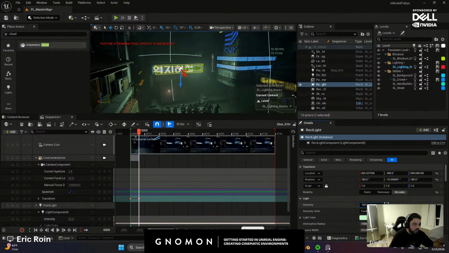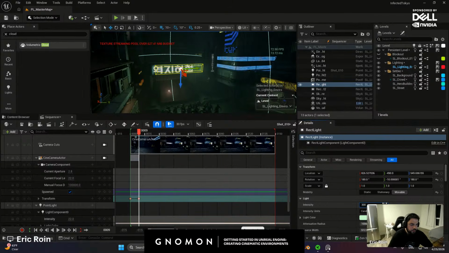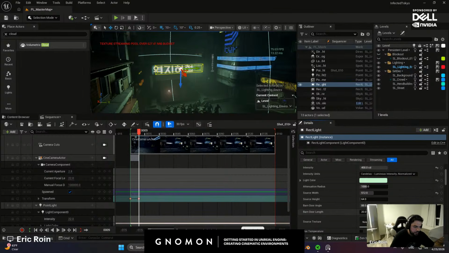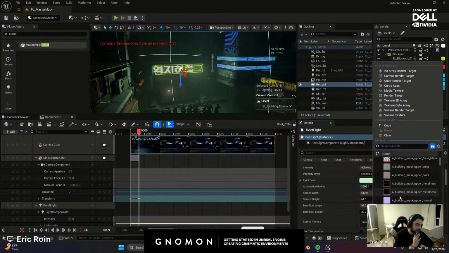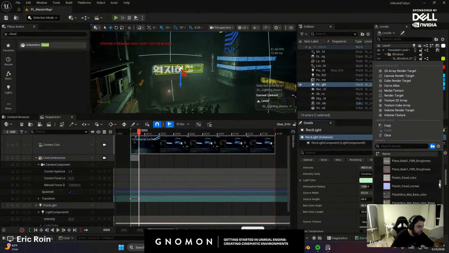Also, a cool thing you can do with lights, specifically for rectangular lights only, at least out of the box, is feed them a source texture. It's different from IES lights. It's a separate parameter. But a source texture will essentially give a light a color, almost like a gel or a filter. Let's see if I can give it some kind of green.